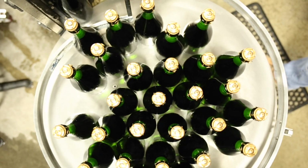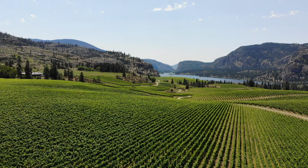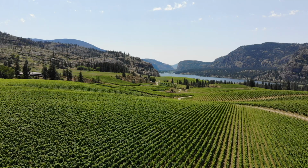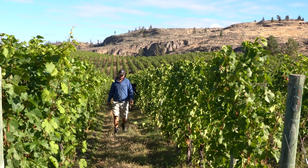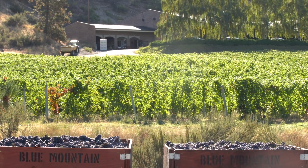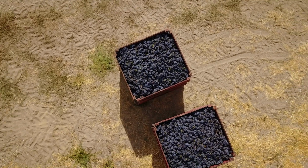With all the wines at Blue Mountain, all of the fruit is estate fruit. So it comes from the domain here. We control all of the activity going into it, and this for sure gives us an advantage in terms of the quality of fruit that we get, the consistency of fruit from year to year,